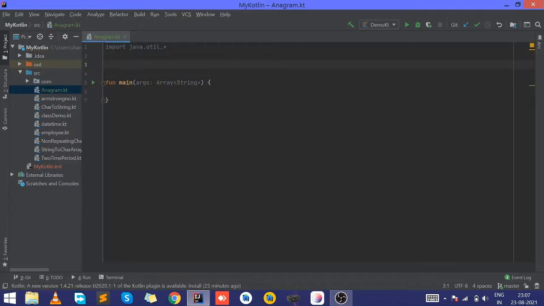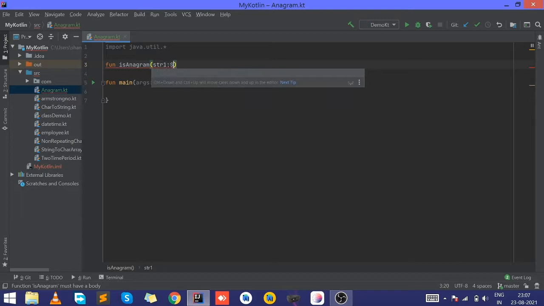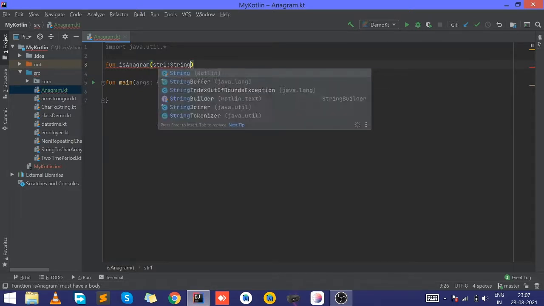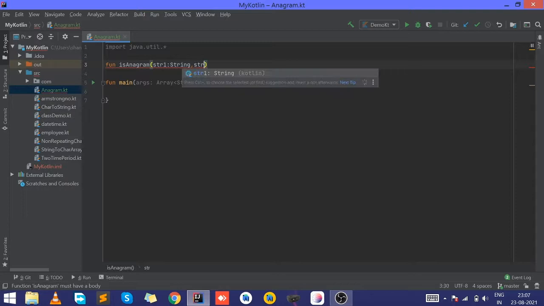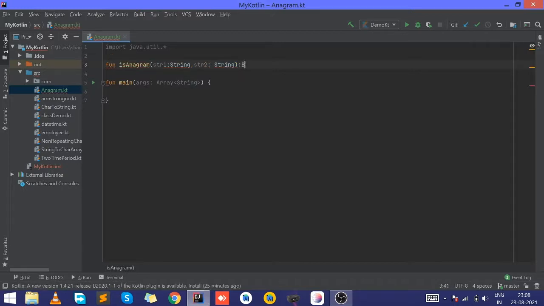Previously, we have to create another function called isAnagram. So take two strings: first, string 1 and another, string 2. Both are strings, and it returns a boolean value.